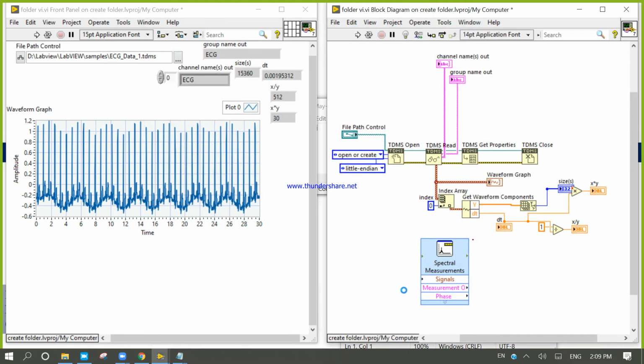Okay, let's see. FFT if I want to indicators.